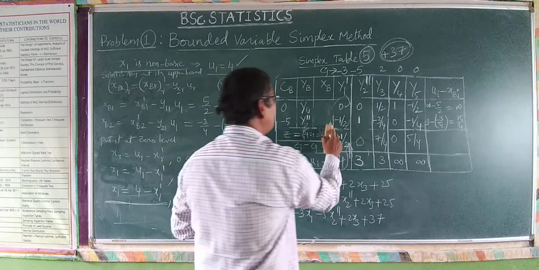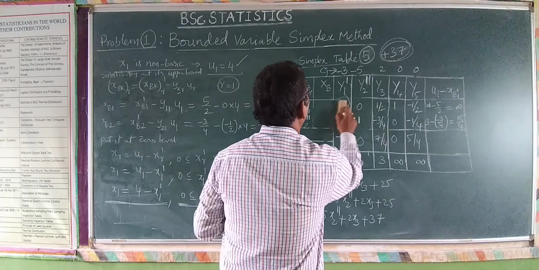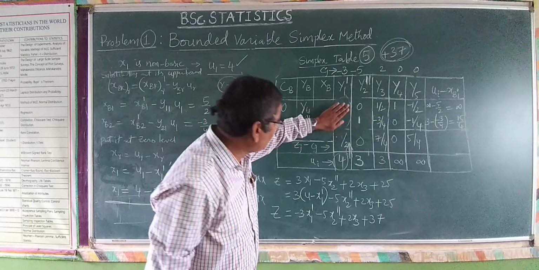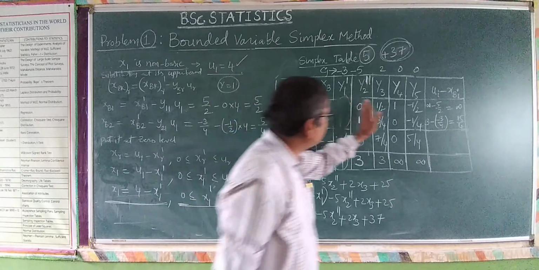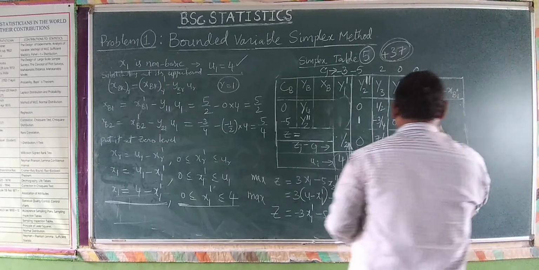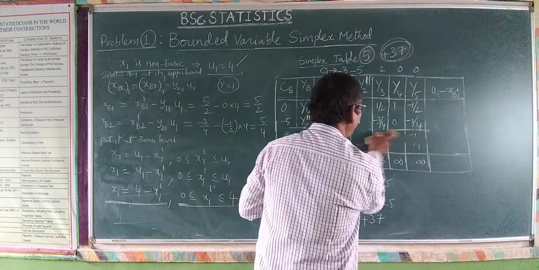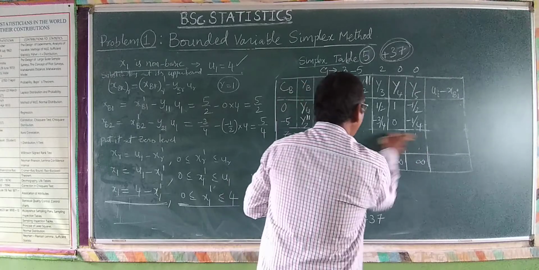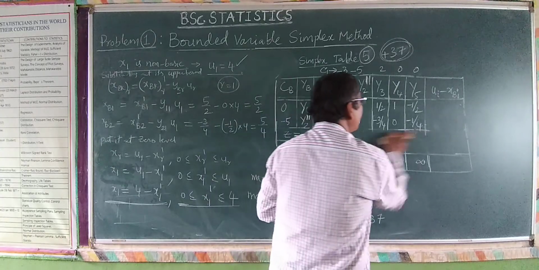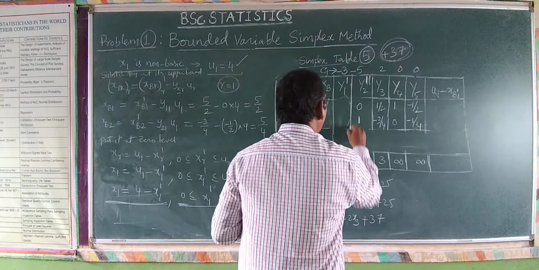I will tell you which will be changed. Updating variable, which variable was updated? X1. Therefore, these values are going to be changed. These values cannot be changed. Of course, this is again to be calculated. So I am arranging so that we need not calculate all the values. We will calculate the values here, and again we calculate Zj minus Cj values and the Z value. Only the changes have taken place.